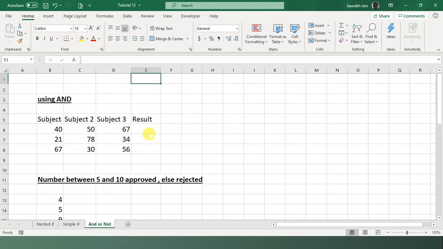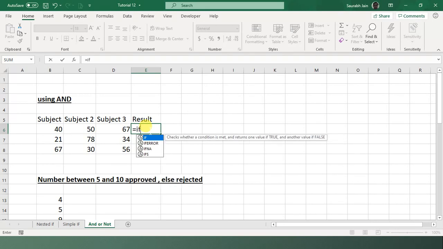Let's look. There are three subjects: subject 1, subject 2, and subject 3. The result will be pass when you pass in all three subjects. Fine. So here we will use AND because we want to make sure that we pass in all three subjects. So what we'll write is equals to IF, bracket open. Now we have to write AND conditions because there are three conditions.